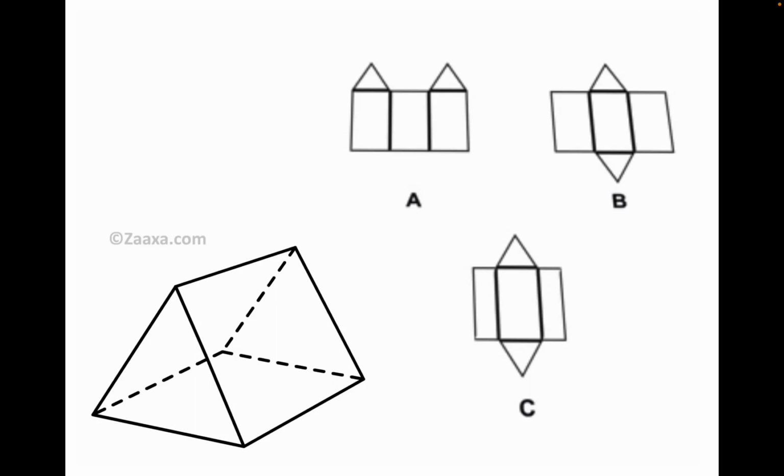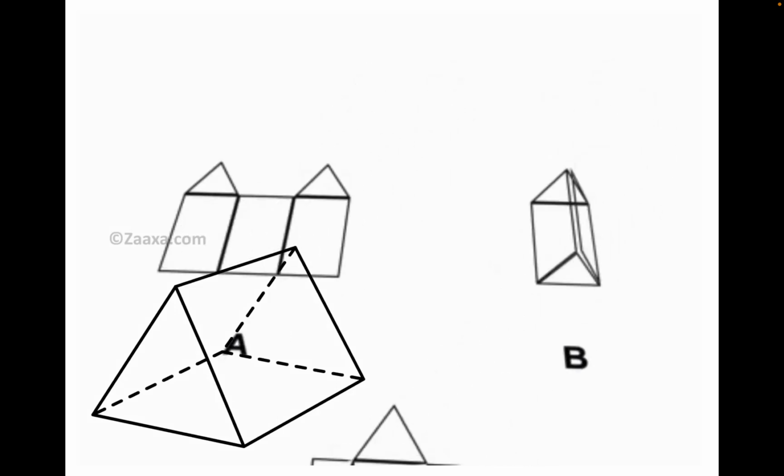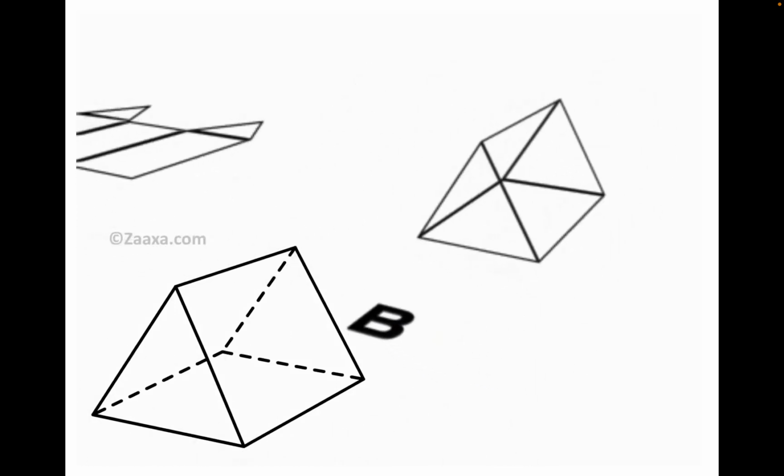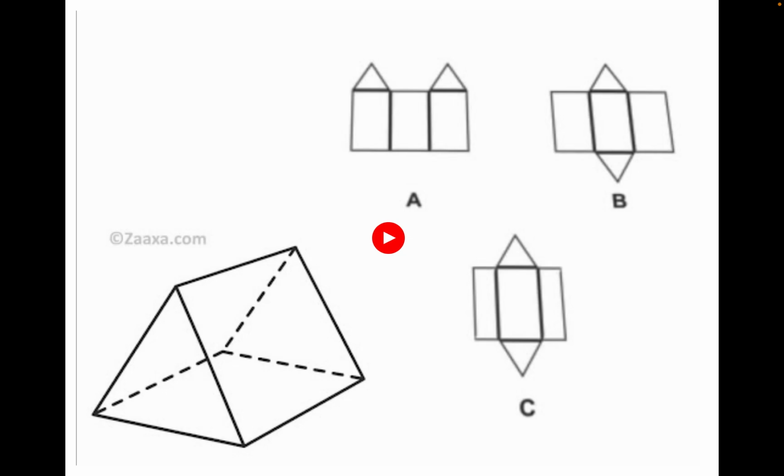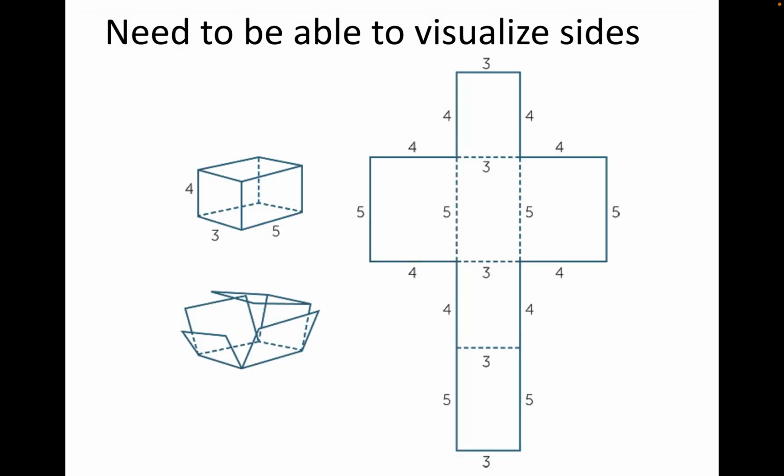See if you can sort of fold up the shapes A, B, and C. Which one of them is going to make the actual shape there? And the answer would be B, would make the same shape. All right, so again, you need to be able to visualize the sides of a net. And once you do,